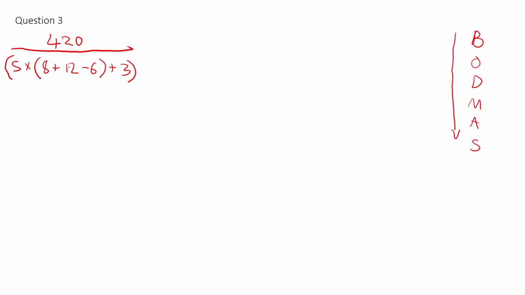So first we solve the brackets. So there's this one big bracket down here, and it has a smaller bracket inside of it. So to solve the entire bracket, we need to solve the smaller bracket first. So in the smaller bracket, we only have addition and subtraction, and as addition comes first,